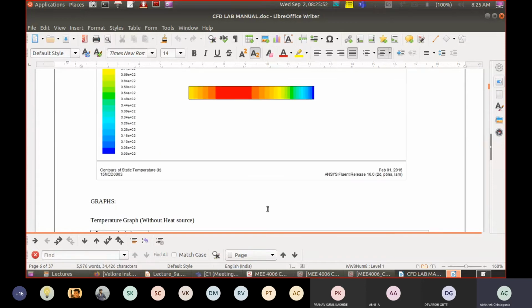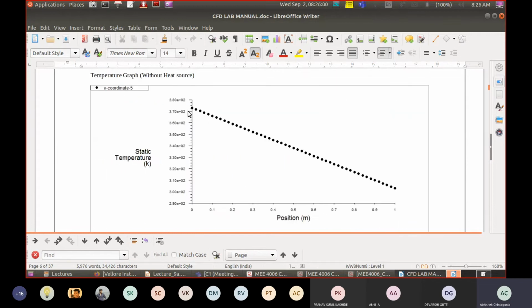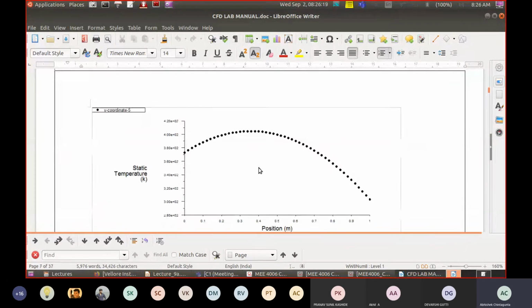without the heat source. You have to talk about something about physics. I simply don't want you to blindly put in some color plots, but you have to understand what is happening. So what is this? Without any heat source, there is a linear variation of temperature. But with a heat source, we are getting a non-linear variation of the temperature in the aluminum bar. So you write those kinds of inferences, and finally some critical results from these inferences.